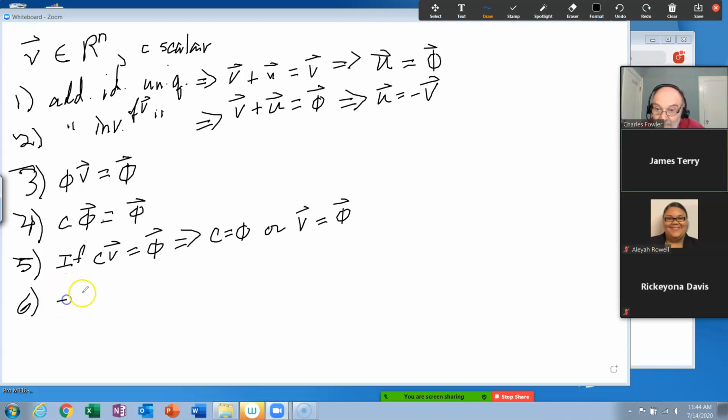If you do the opposite of the inverse of v, guess what you get? You get v again. Just like you do with real numbers, the opposite of a negative is a positive. Okay? So whatever v was, the inverse of v is the opposite of that. Every component of v got its sign changed. Then when you do the opposite of that, they all get changed again back to the original v.